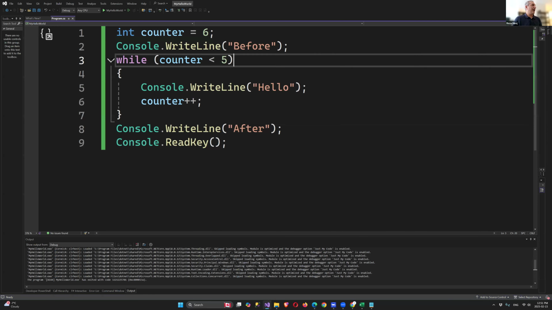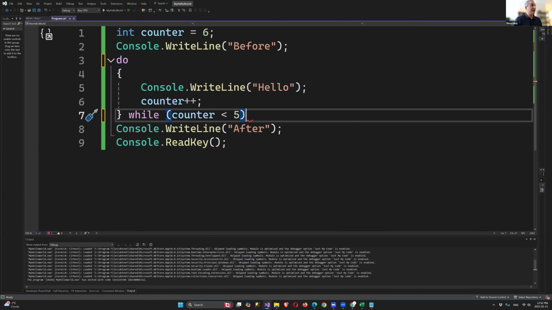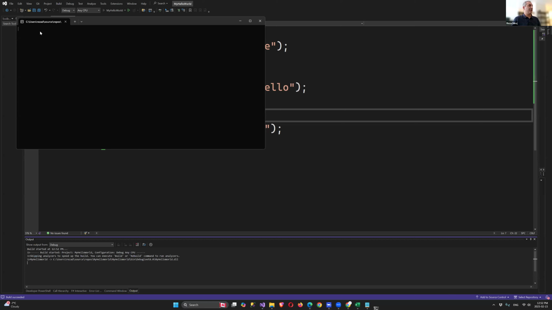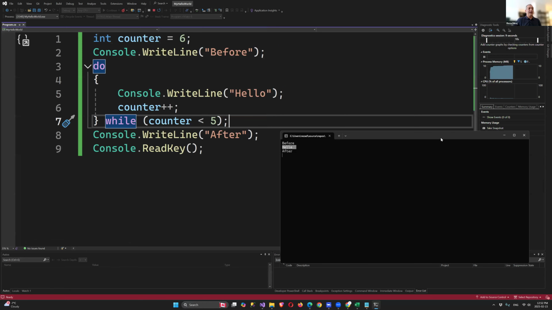Now, this time I'm going to cut the while, put do, and then say while semicolon, don't forget it. No matter if the condition is correct or not, we are going to get inside once. So we have before, we have after, and hello between. Everything is clear? Yes. If you have any hesitation or question about this, Reza,